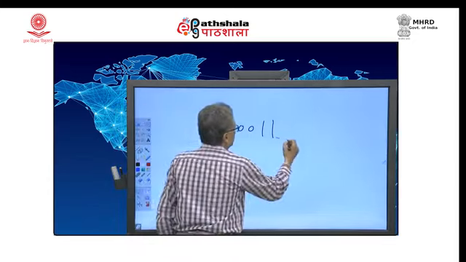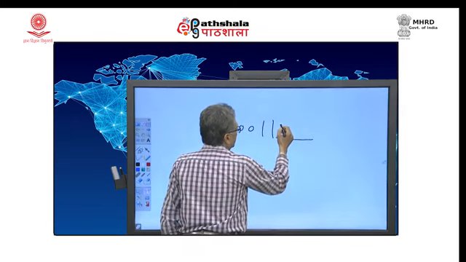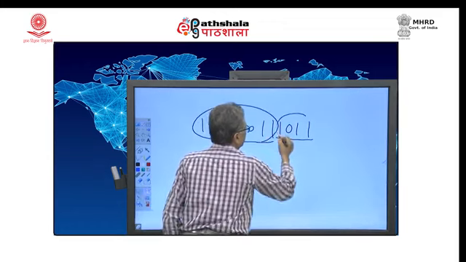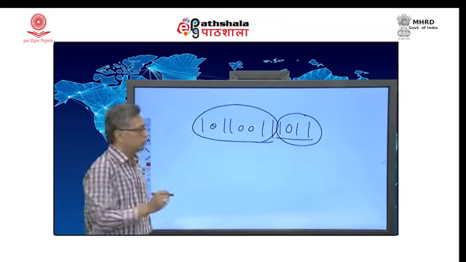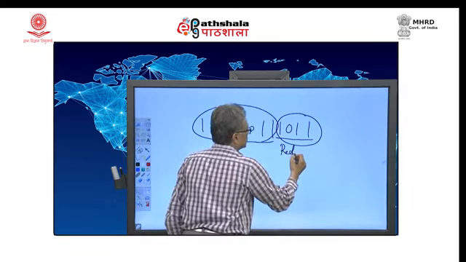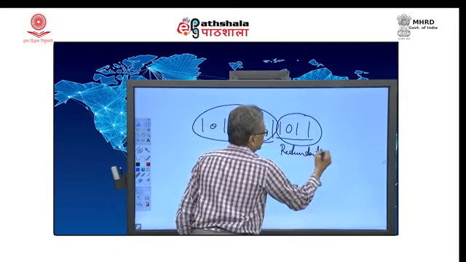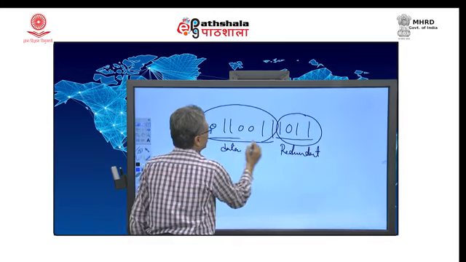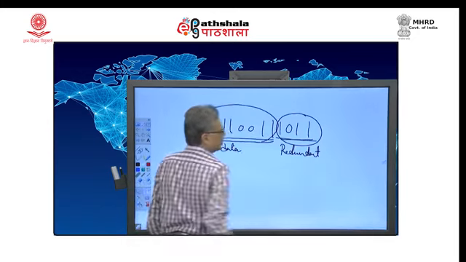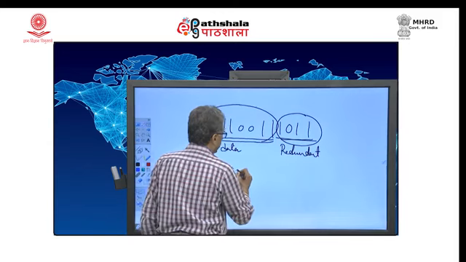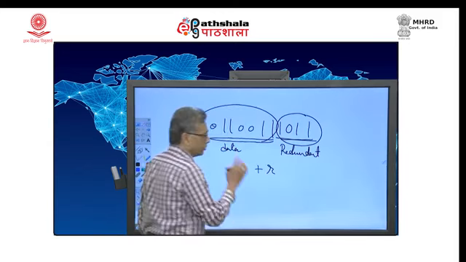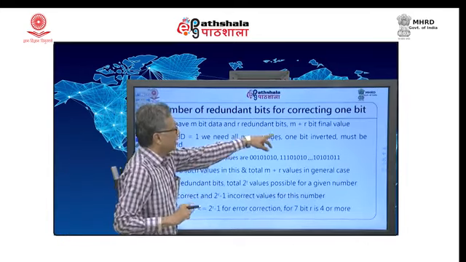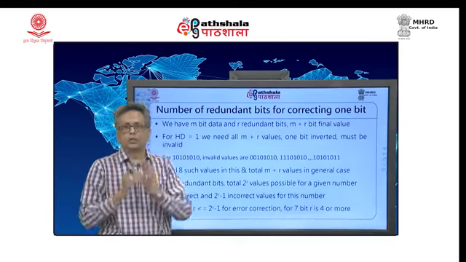Now, I add 4 digits, okay, 1 0 1 1, based on some combination of this value, like CRC. Okay. So, these are redundant bits. This is actual data. Okay. So, the m is total number of data bits, r is total number of redundant bits, and the value that you send across is m plus r. So, we are just talking about that in this particular case. Okay. So, m plus r bit final value is sent to the receiver.